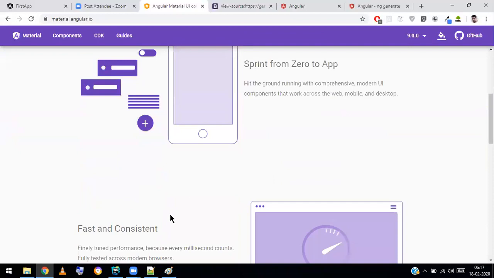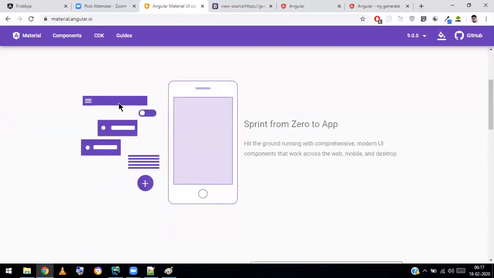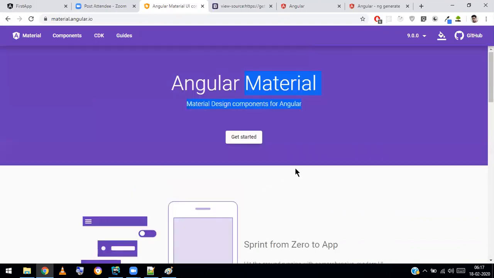It means how each component can be configured, like how to make the hamburger menu, how to make on-off items. They have given buttons, floating buttons. These are all concepts given by Angular Material. Google people have given Angular Material, since Angular is also a product of Google. So they made their own library like Bootstrap.